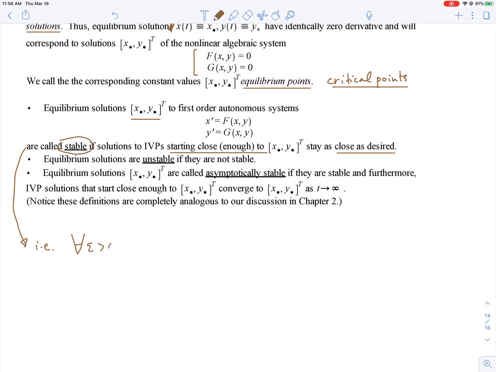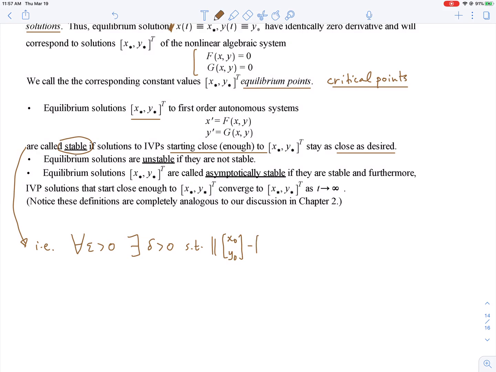So for all epsilon greater than 0, we can start close enough so that we'll stay that close. So there exists a delta greater than 0, which is going to tell us how close we should start, such that if the distance from the initial point x naught, y naught